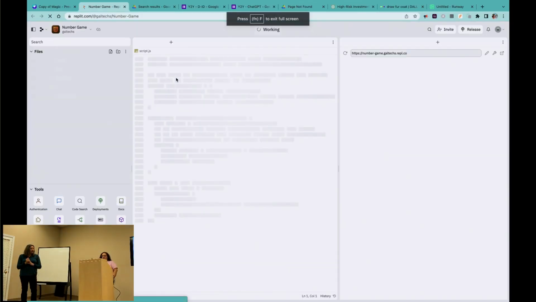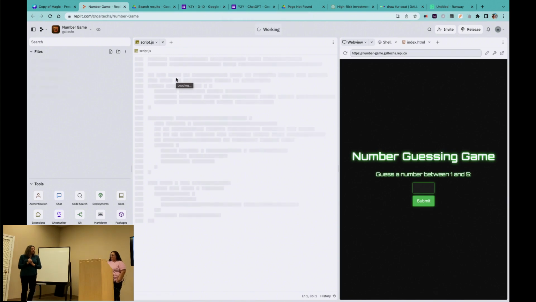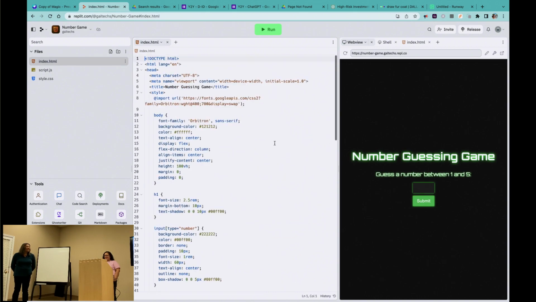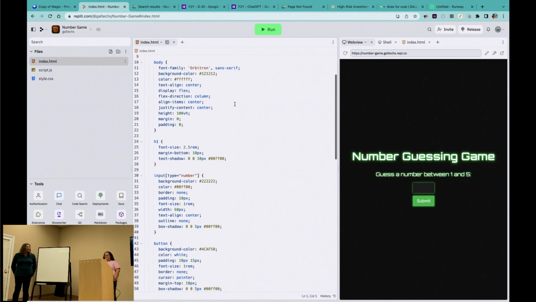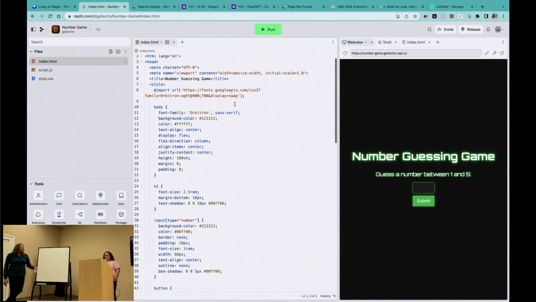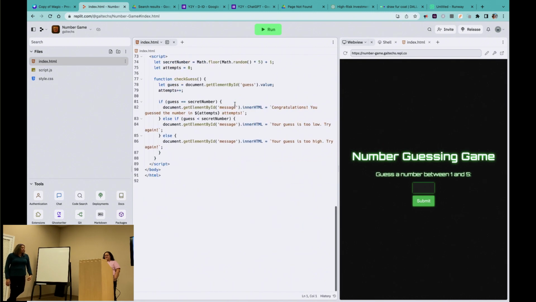I don't know if you know, Google just recently bought Replit. So ChatGPT gave us all this code, and then we went in and...